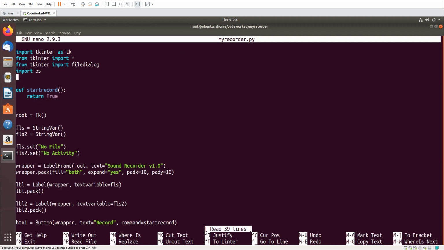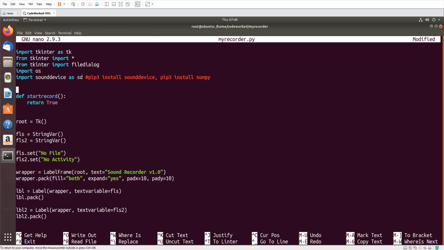Okay, so here I'm going to import sounddevice as sd. Make sure you have installed this module. I installed it with pip3 install sounddevice. Okay guys, and numpy is important, so you must have numpy installed as well. I installed it with pip3 install numpy. Okay, you can call it numpy or numpy. Okay, I call it numpy.